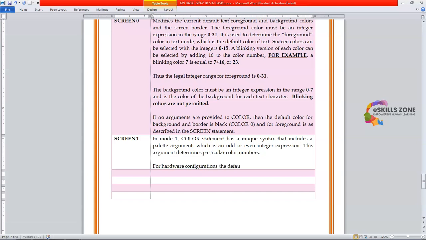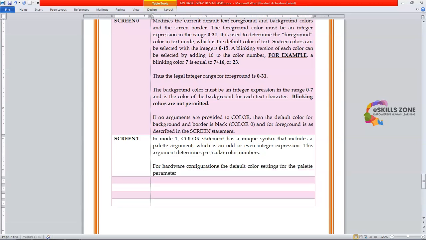The default color settings for the palette parameter are equivalent to the following: